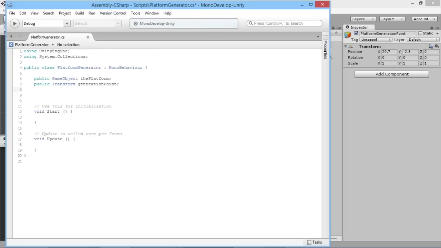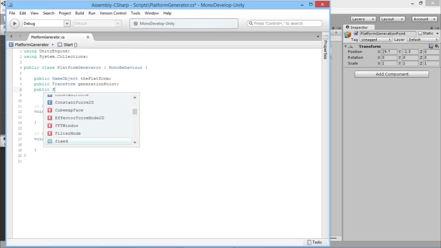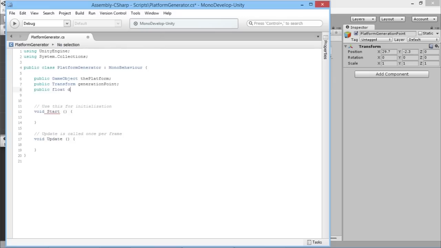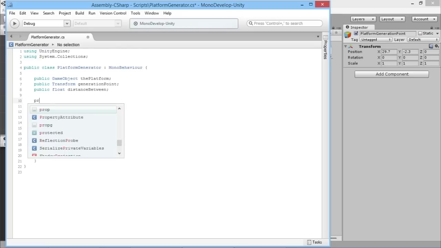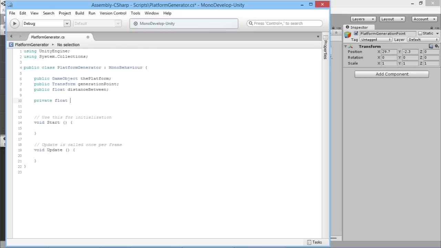And we're going to need a distance between each platform. We don't want the platforms just randomly, well, we do want them randomly spaced, but we'll deal with that in the future. But for now, we just want to sort out how far is the distance between our platforms. So we go public float distance between, and then we're going to do one more, which is going to be a private float, and this is going to be